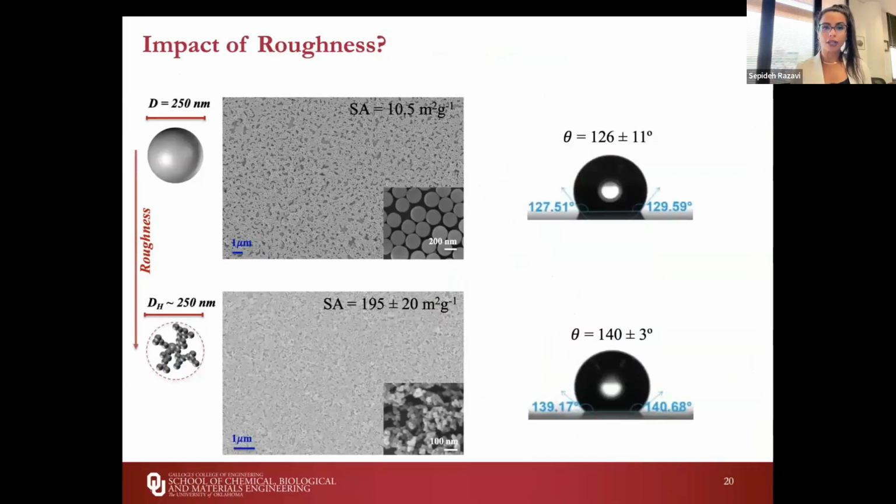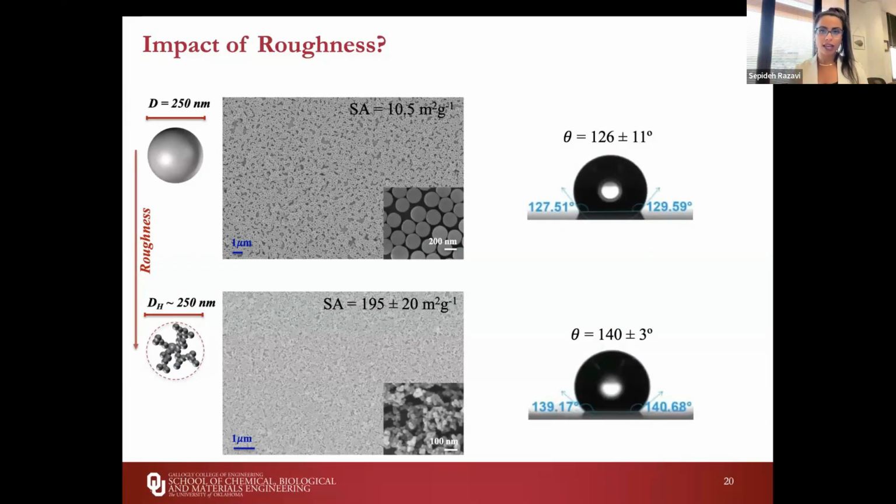Once we have an understanding of the degree of hydrophobicity we need, we moved on to understanding the effect of the surface roughness of the particles. So these are, again, the hydrophobically modified round silica particles. Now we also have another set of particles where, instead of being isotropic and ideal and round, these particles are made from individual nanometer-sized silica particles that are fused together, so they're more aggregate-like. They're known as fumed silica particles.